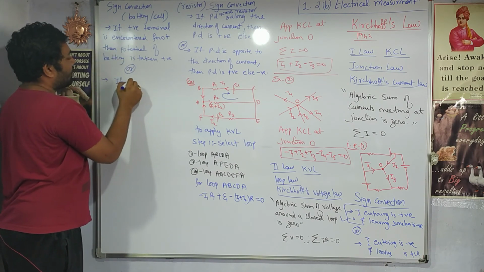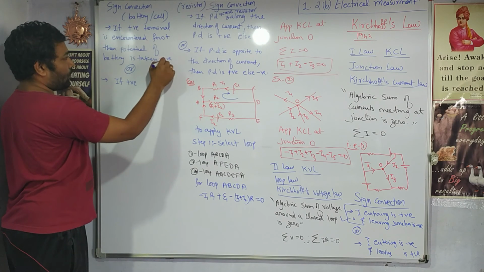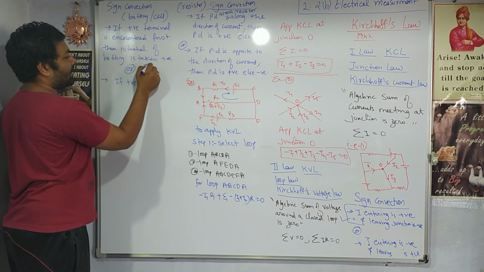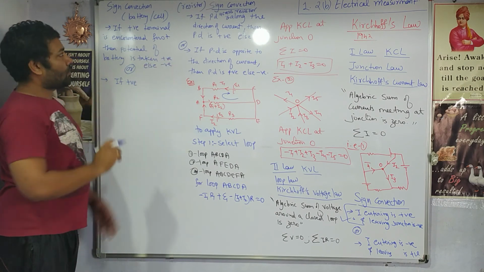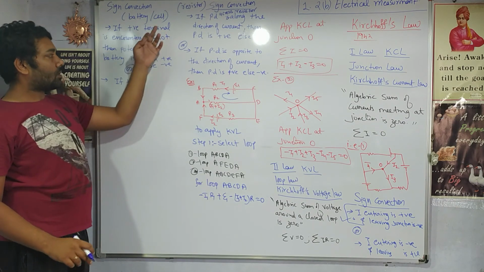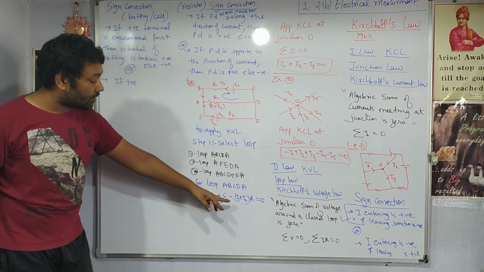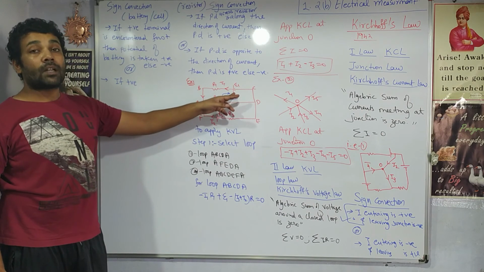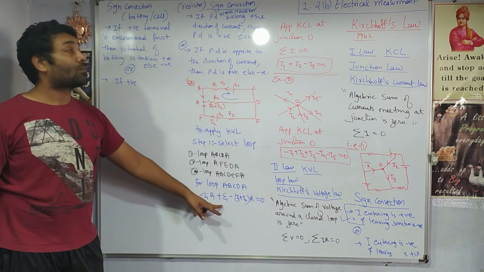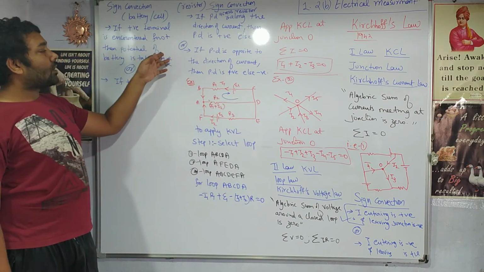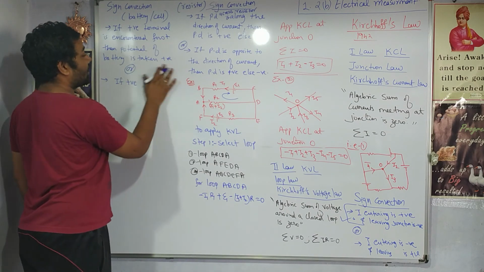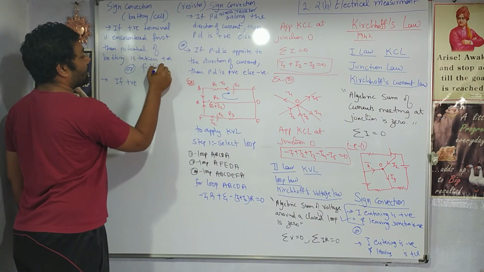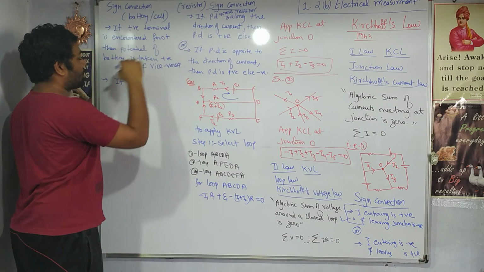If positive is taken positive, and here you can add as negative. So obviously the positive terminal comes first, then we take potential as positive. We have done the same thing here. The positive terminal is coming first, so the potential of the battery is positive. And if the negative terminal comes, then we'll take it as negative. So we can write down here, and vice versa, exactly opposite of it.